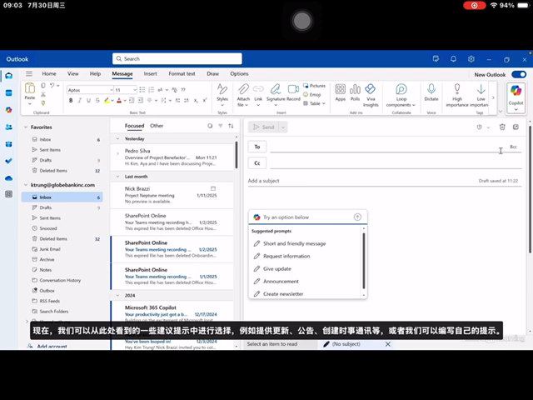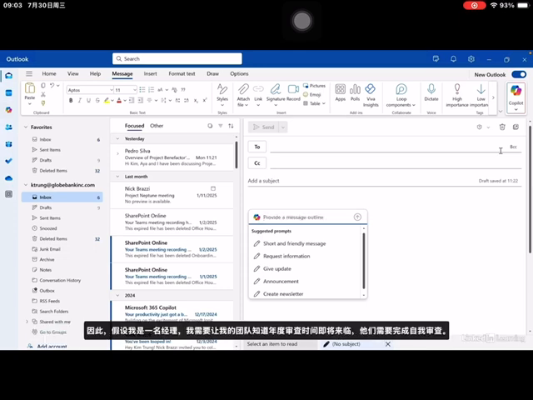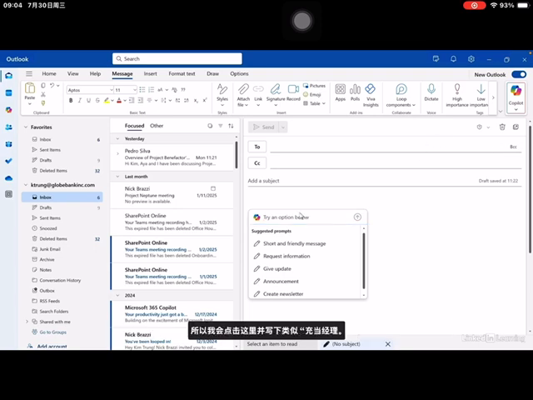Now, we can choose from some of the suggested prompts we see here, like give an update, announcement, create a newsletter, and so on. Or we can write our own. Let's write our own for this example. So let's say I'm a manager and I need to let my team know that annual review time is approaching and they need to complete their self-reviews. So I'll click in here and write something like,